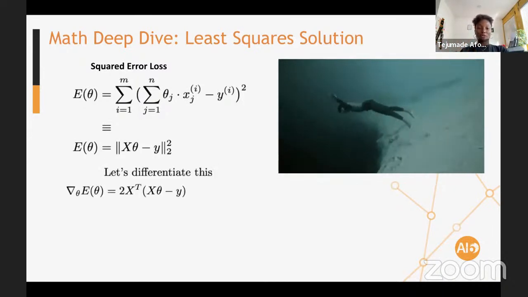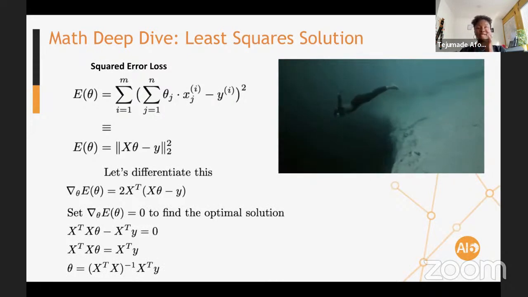Once you have the squared error, which is the E of theta here, you differentiate it. We won't go through it. You drop the 2 down, you expand things, basic gradients, if you remember. If not, you can quickly look up how to do it. Then you set it to 0, you move terms around and you get the optimal theta.